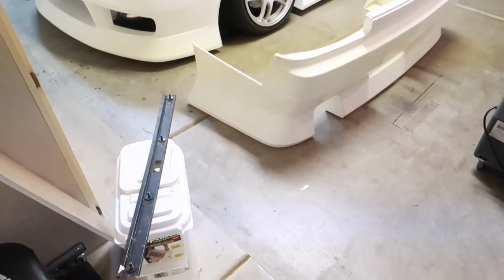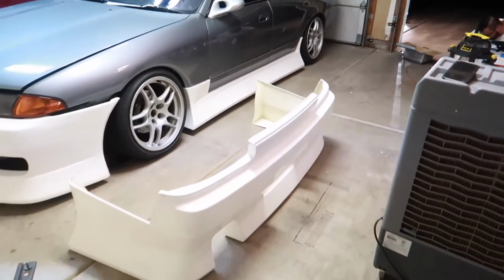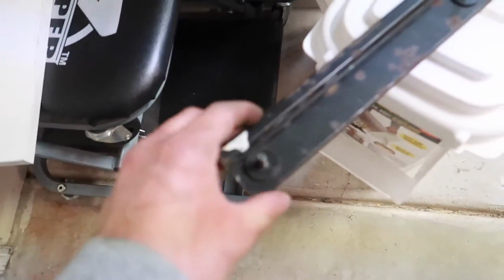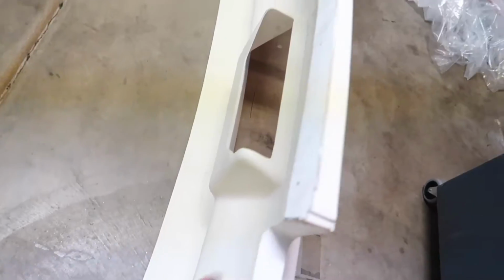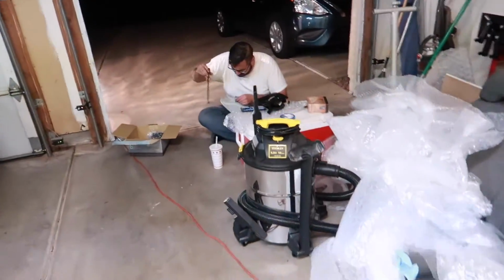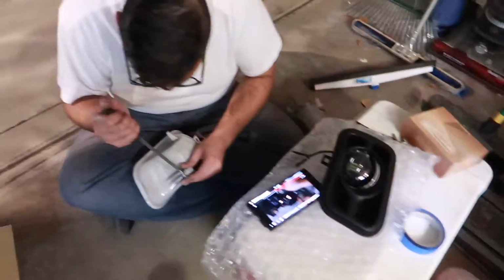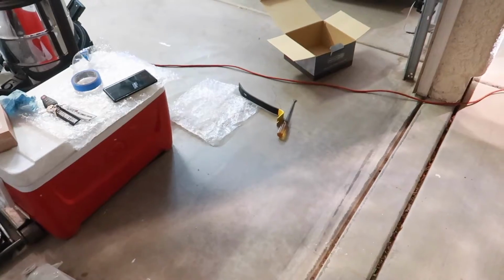I intended to close the vlog at the last clip, but it's kind of bothering me that I can't get the rear bumper on just yet, so we're just gonna take this bracket from the OEM rear bumper, drill out these holes a little bit bigger so we can fit it through. Also, Warren and I are installing LED fog lights and headlights onto the Ram. Ladies and gentlemen,